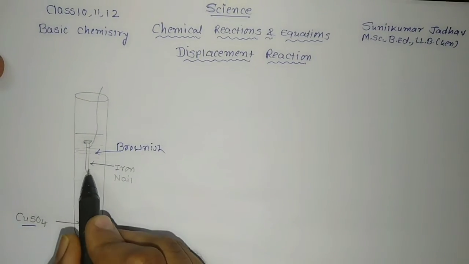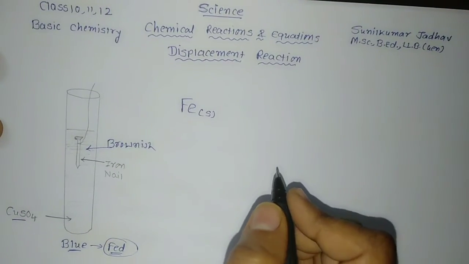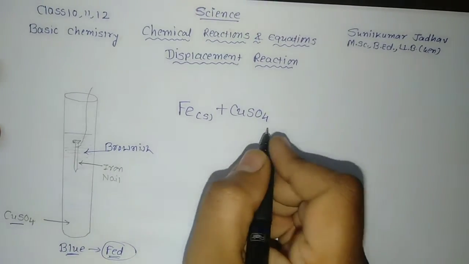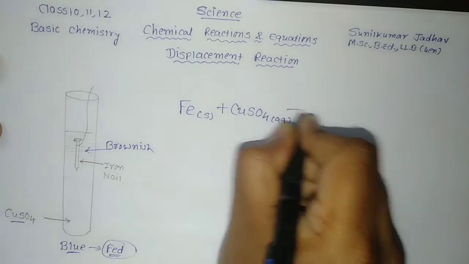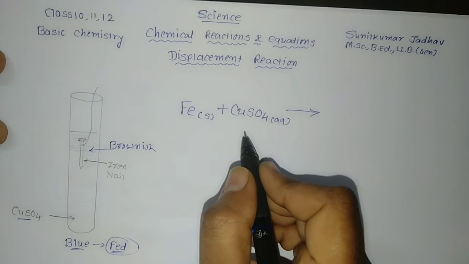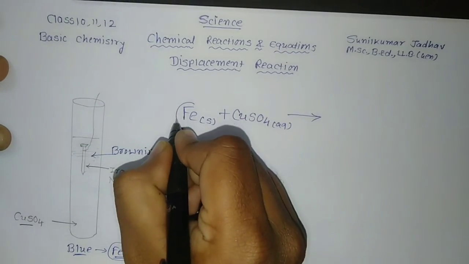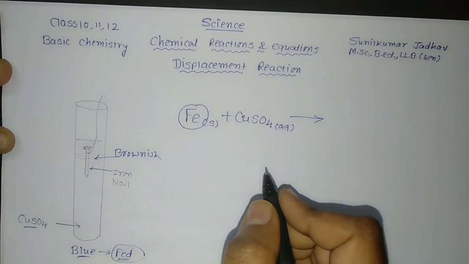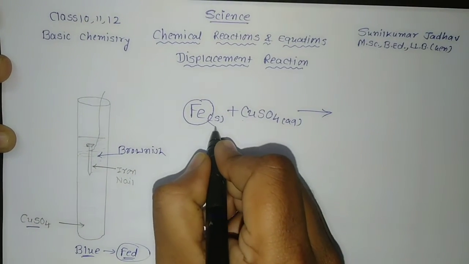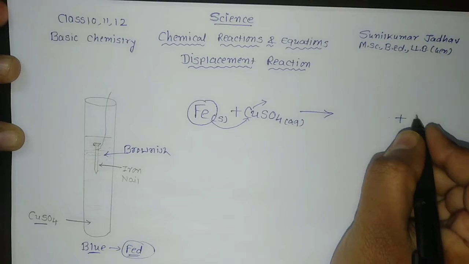What happened over here? We have taken the iron nail. Iron means what? Fe. We have taken it in solid form, that is Fe plus CuSO4, that is copper sulfate, but it is an aqueous solution because we are making it in water. So Fe plus CuSO4, when this reacts, what is CuSO4? Copper sulfate. In this reaction you will see that Fe is the atom which displaces the copper and takes place of it. Hence it is called a displacement reaction. It displaces the copper. It means copper goes out. So I'll write it, that is Cu.